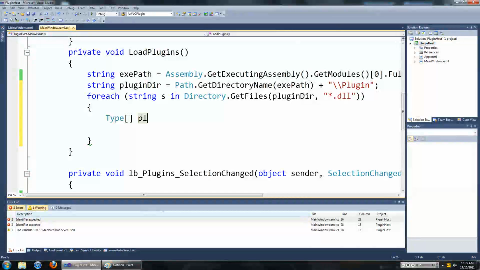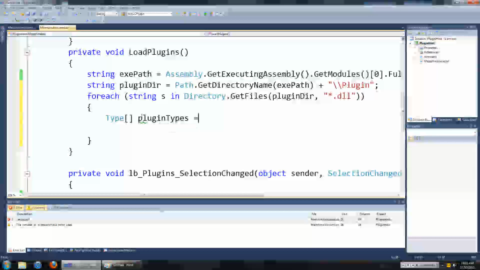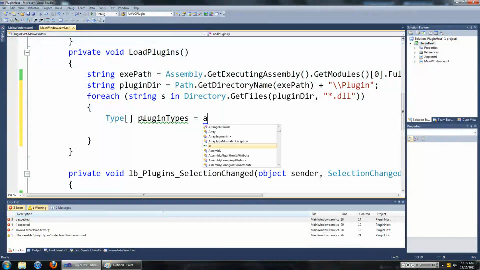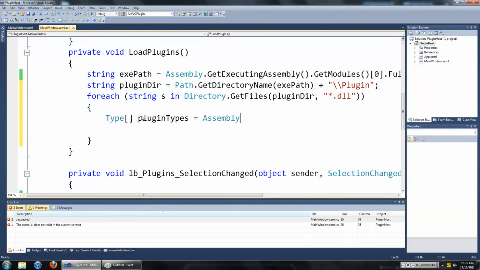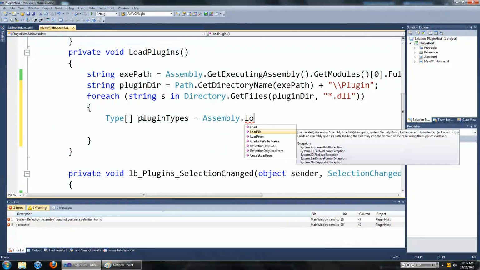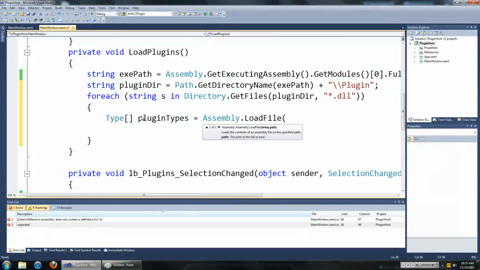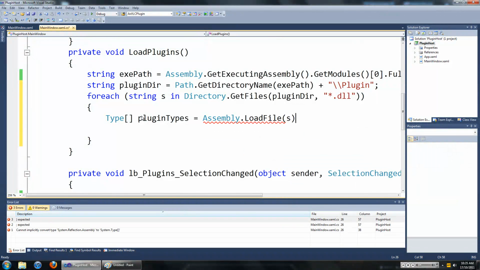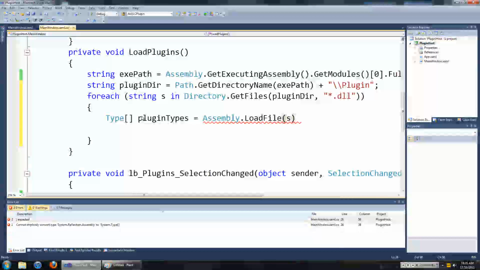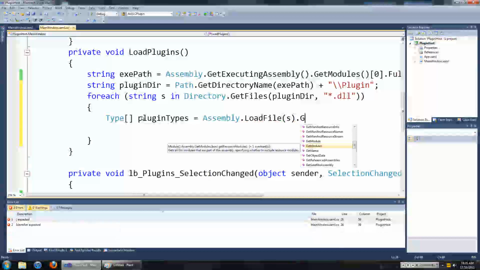Go pluginTypes, and we're going to load it up from Assembly.LoadFile. It's going to be the string in the foreach loop, so s in my case, dot GetTypes.